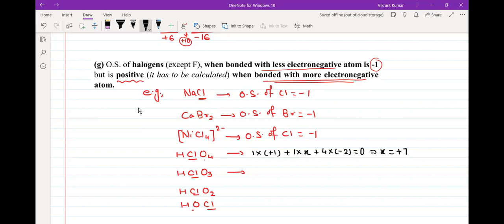Another method which I told you, if this is -2, total is -8. If it is +1, total is +1. So we need to put +7 here, you know? And that's why it will be +7. That's another method. बताओ अभी दूसरे में Cl का, HClO3 में